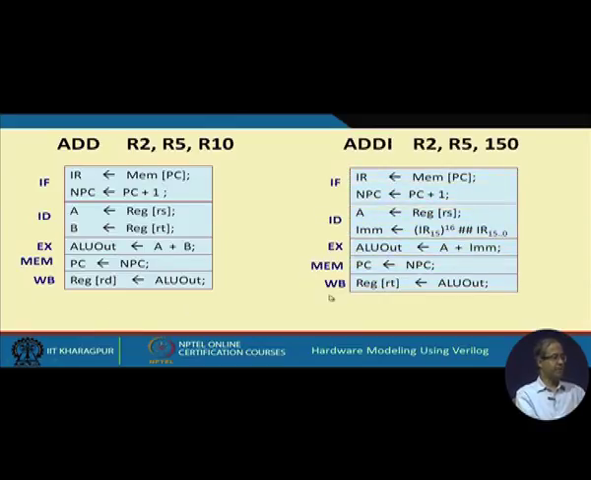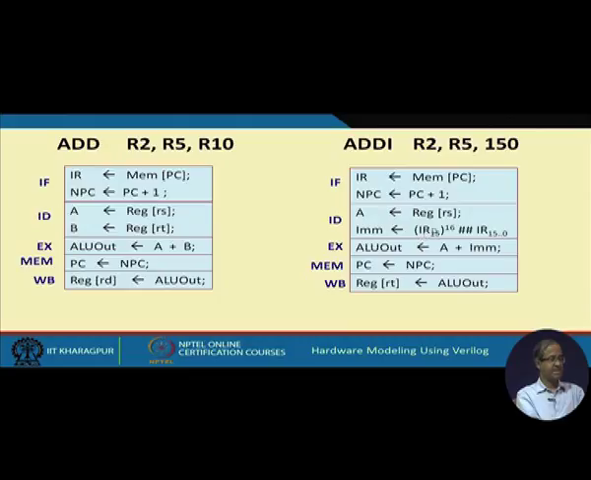Let us take another example. This is an immediate, add immediate instruction, okay. There is an immediate operand here. So, instruction fetch is identical. So, fetch an instruction, increment the PC. Here there is only one source operand R5. So, I am not showing B, I am only showing A. The relevant ones I am only showing. A equal to reg RS, this is RS, and immediate data is 150. So, in IMM this 150